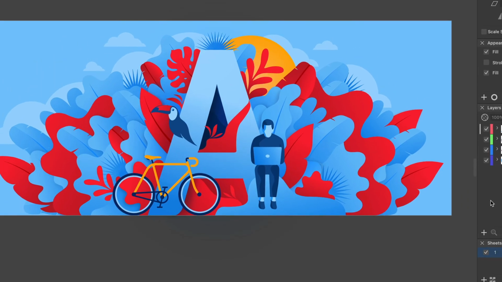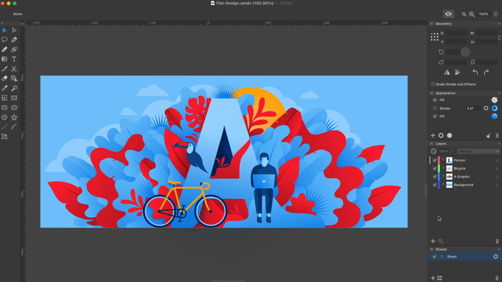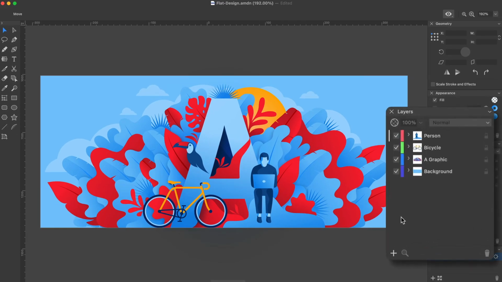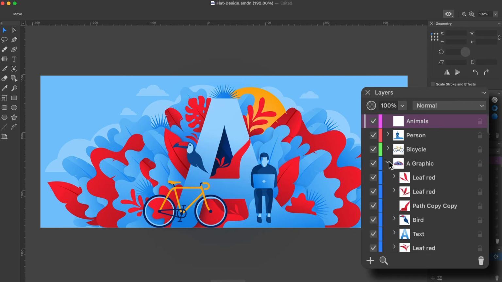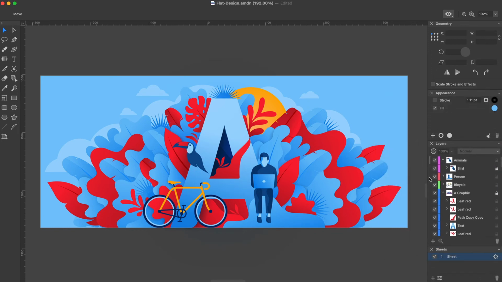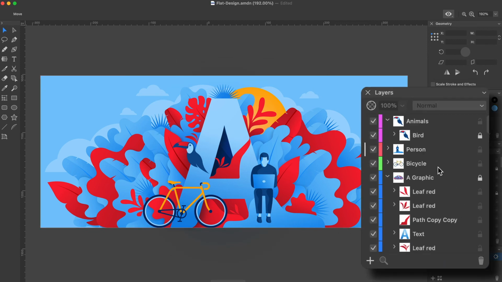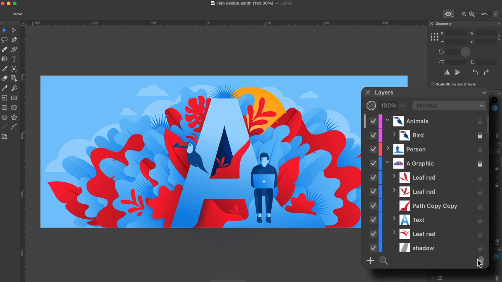What if we need to isolate the bird from plants and other decorations? Then we can create a dedicated layer for the bird by clicking the plus button. Let's name it Animals. Now the bird can go into the new layer. Once we're satisfied with this part of the design, we can lock it using the Lock icon. Locking protects objects from being inadvertently selected on the canvas and being modified by mistake. The Trash Bin icon in the corner removes a selected layer or object.